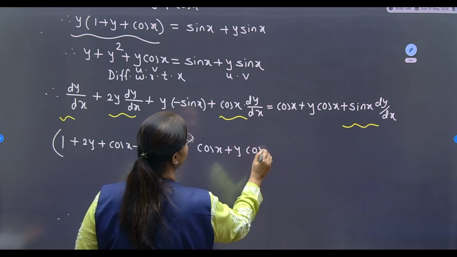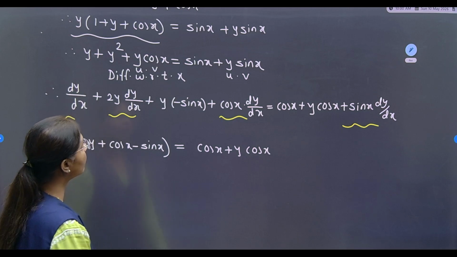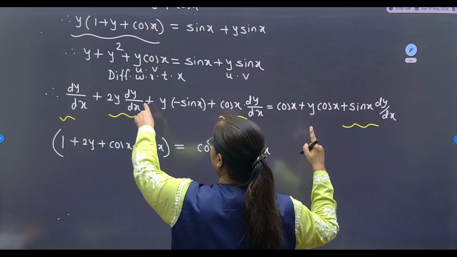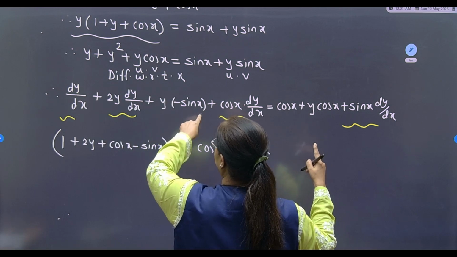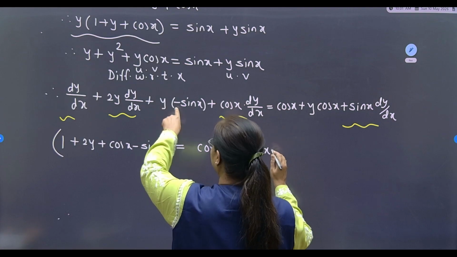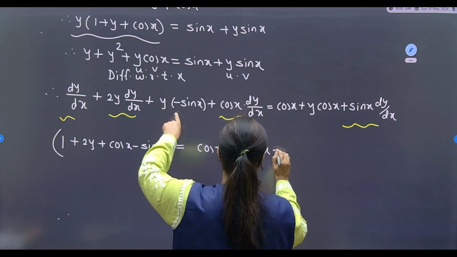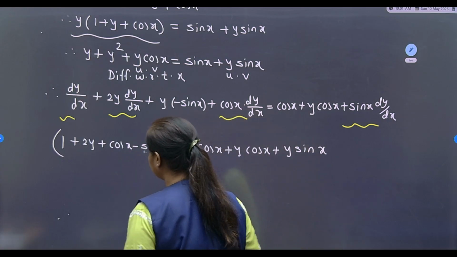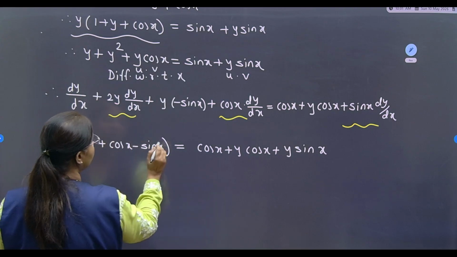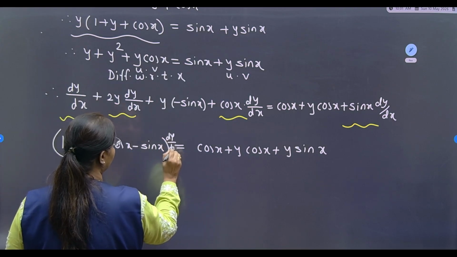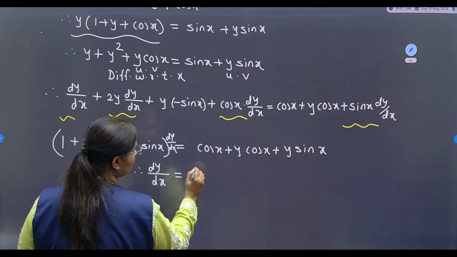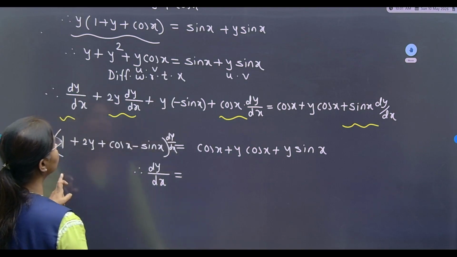Cos x plus y cos x, then the minus term on the right becomes plus y sin x, and taking dy by dx common. Therefore dy upon dx is equal to,